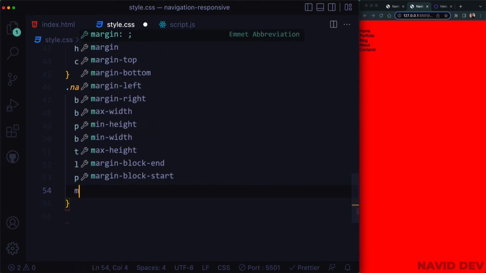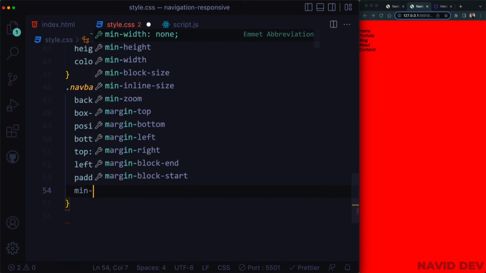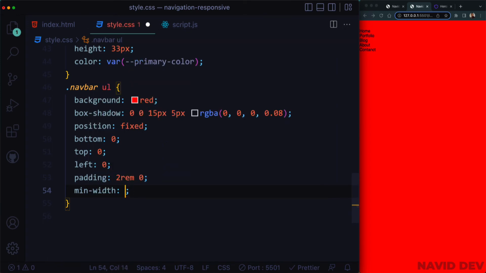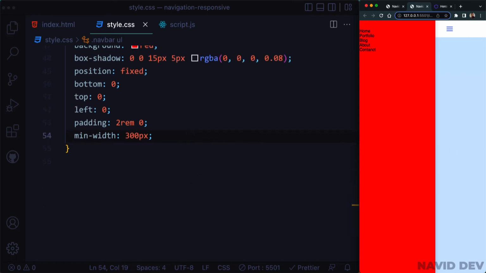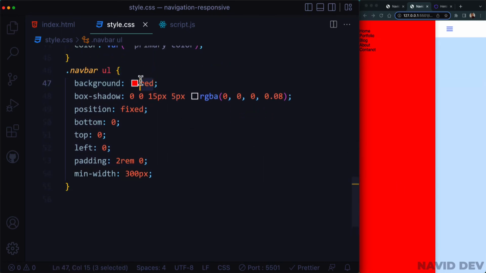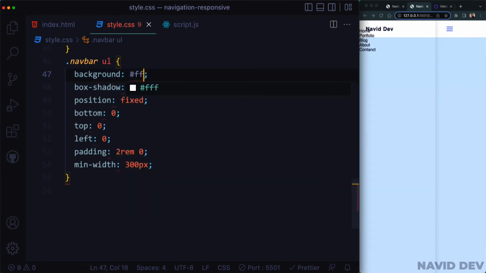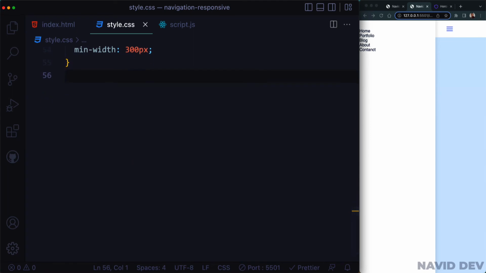I just want to say min-width should be 300 pixel. Okay, which we are gonna close this from here. All right, after that let me go for our A tag, and in here I'm just gonna make it white because this background red is totally suck. Okay, I will say navbar